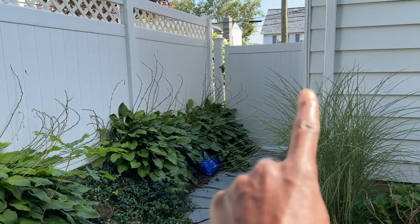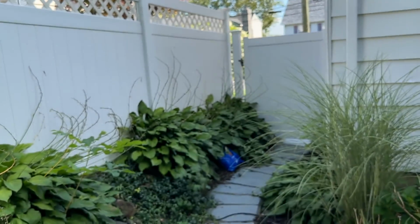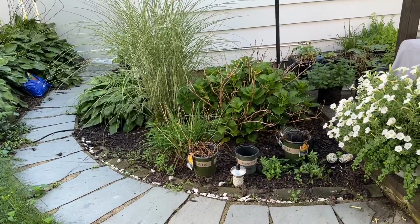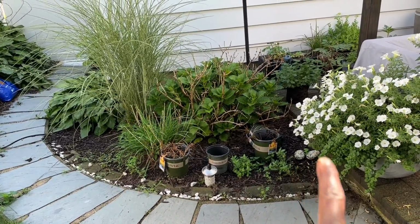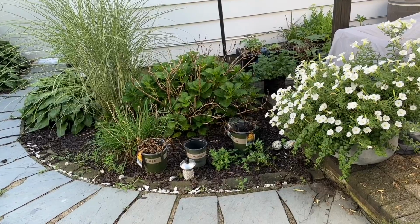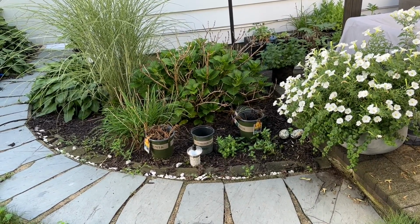This is the side over here, the gate that separates the side from our backyard. And this is the last little flower bed over here. I don't even remember planting those sedums there. I must have popped them in because originally we had Dusty Miller here, and in one of the earlier videos